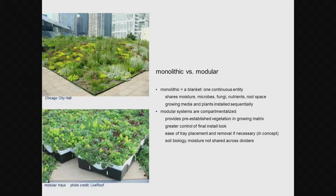Monolithic versus modular. I have a preferred leaning on this as well, which is monolithic. The monolithic is like a blanket. It's a continuous thing, and it shares moisture and microbes and fungi and nutrients and root space. It's a whole system that can share that, as opposed to being separated off into component systems. But you have to get all the growing media up there, and then you get the plants up there,